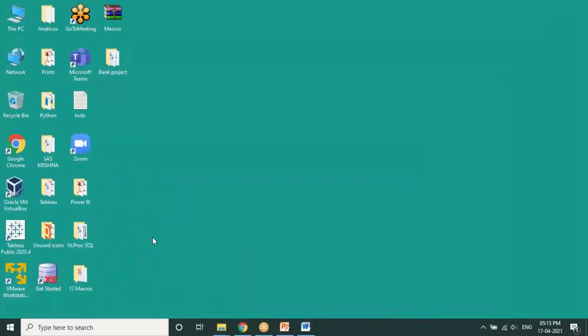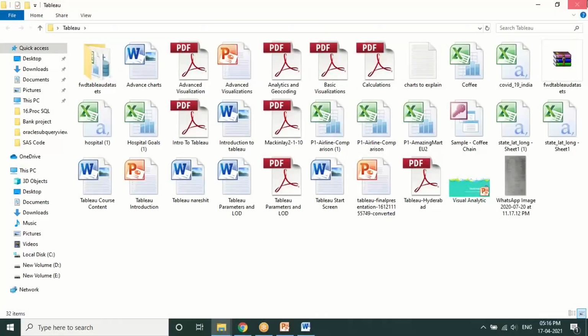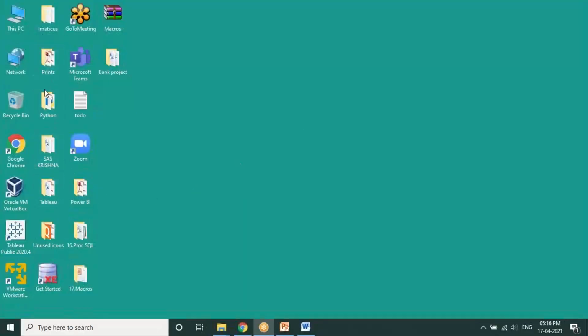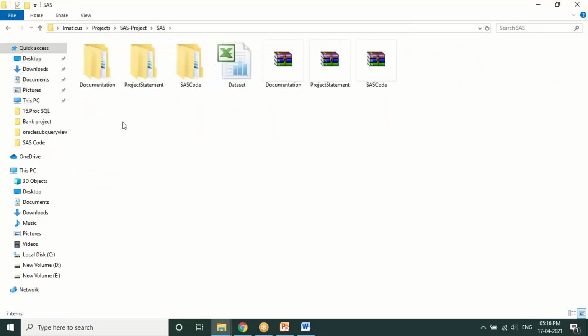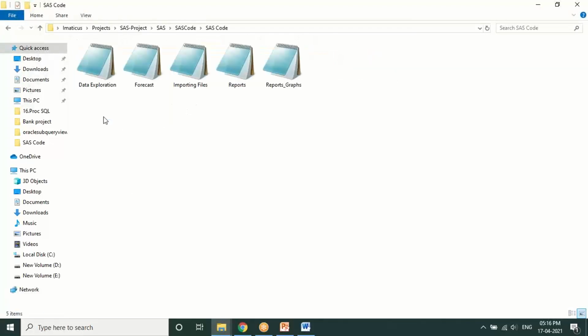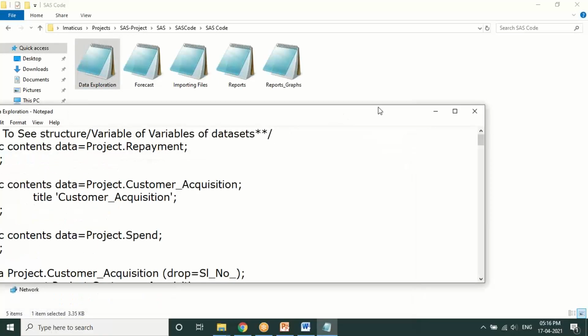Right. So coming to that, let's assume a type of project once again. Okay, so Bhushan, you can see this. This is something called data exploration.